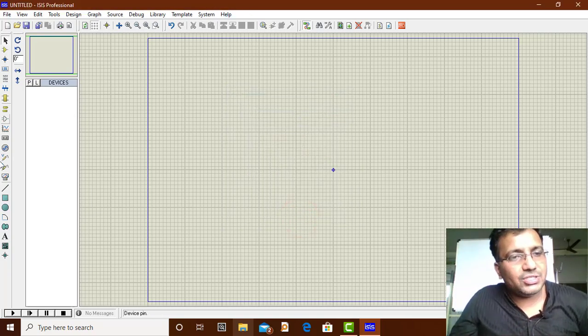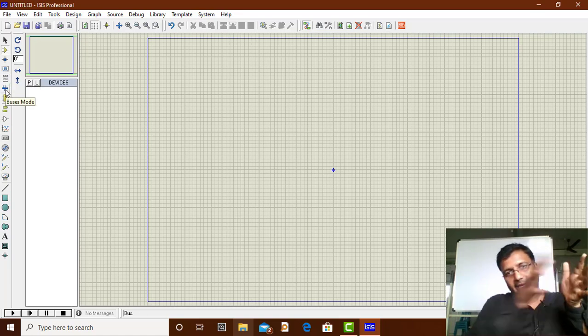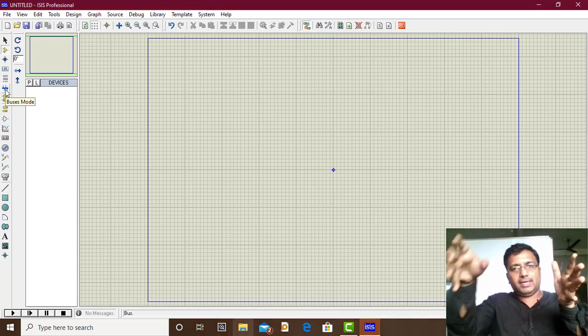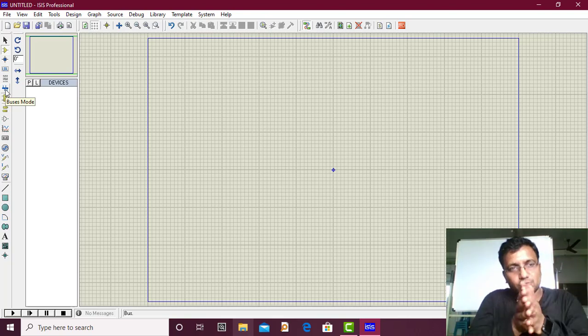On this particular side, the left hand side, we have some menus like this. The first menu is selection mode. Second is component mode, so from here we can select the component. Again, these are the shortcuts. Here it is a junction dot mode. Then label, we can give a wire label. Text script mode is there. Bus mode is available. So if there are 8 lines going on, and I need to connect 8 different lines to the lines in the circuit, then I can use the bus mode.